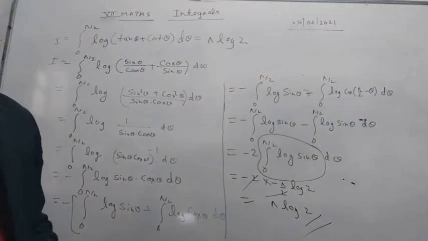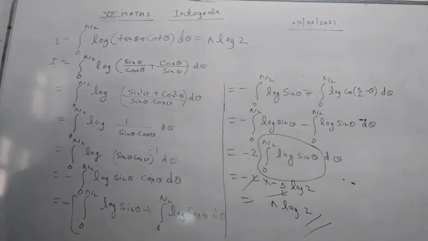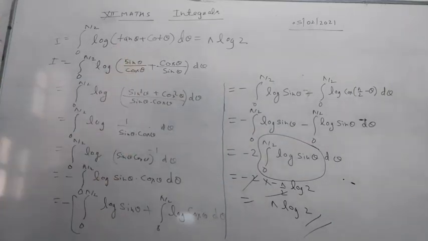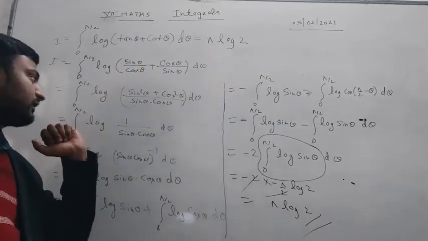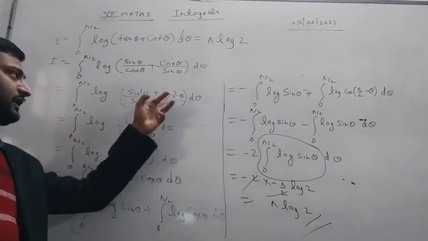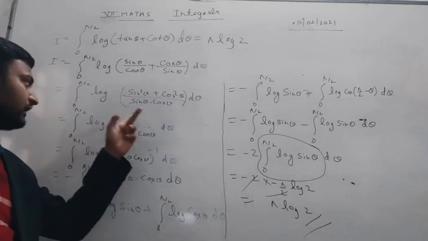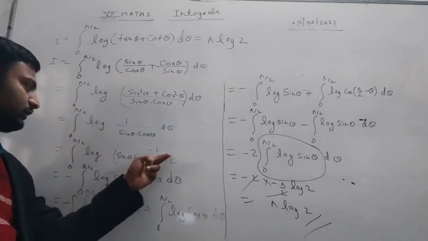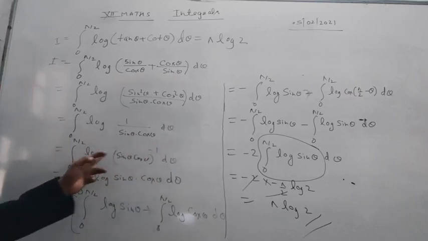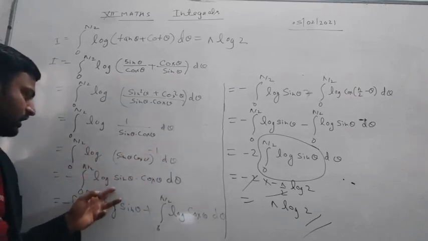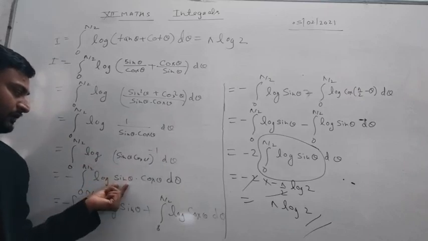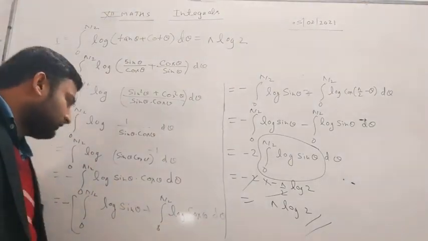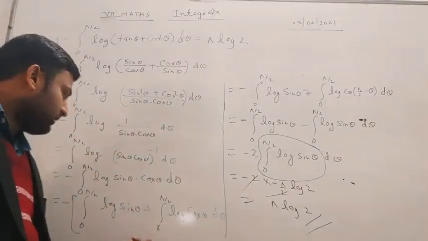Okay students, I hope you understand. Let's see once again. First of all, we have changed tan and cot into sin and cos. Then we take the LCM of both and get sin square theta plus cos square theta in the numerator, and the value of this is 1. So we can write this as (cos theta sin theta) to the whole inverse, and you know log m to the power n is n log m, so minus 1 times log (sin theta cos theta), and this is log of m into n. So we can break this into log m plus log n, taking the integration sign separately.